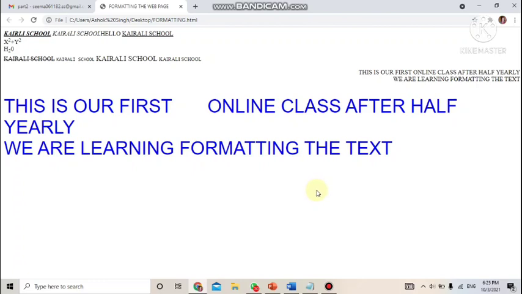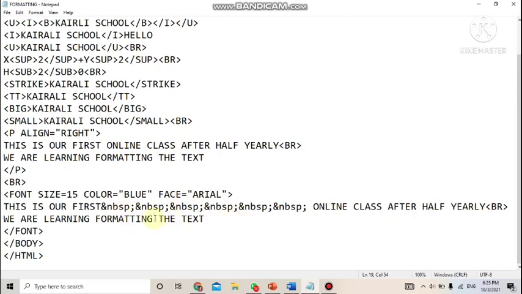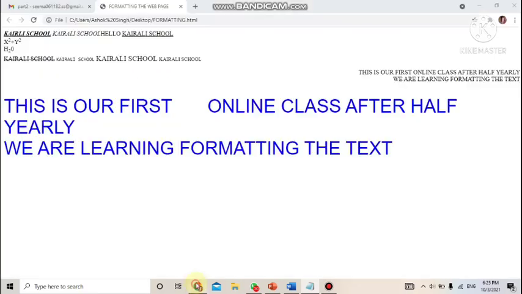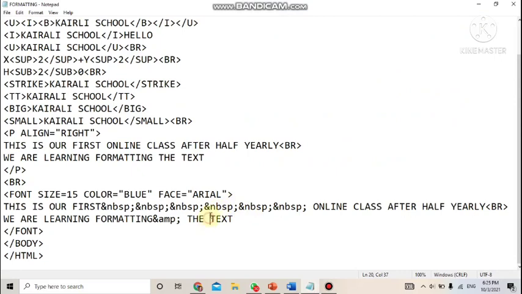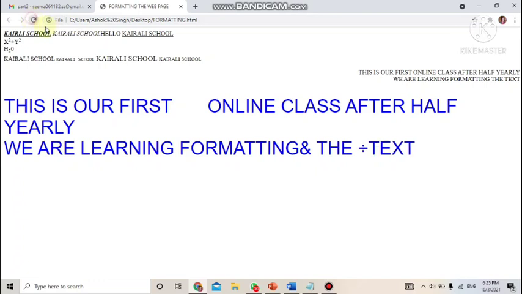Same way if you want the ampersand sign to be there, then ampersand sign AMP. So all the things which are given in your book, you can practice it. AMP and semicolon. Now see, file, save, refresh the page, and you will see the ampersand sign is there. Okay, then I want the divide sign. So for that, what should I write? Ampersand sign DIVIDE semicolon. Now save it, file, save, and refresh it. You will see the divide sign. Many things are given. You'll have to go through each and every line and you can learn it.